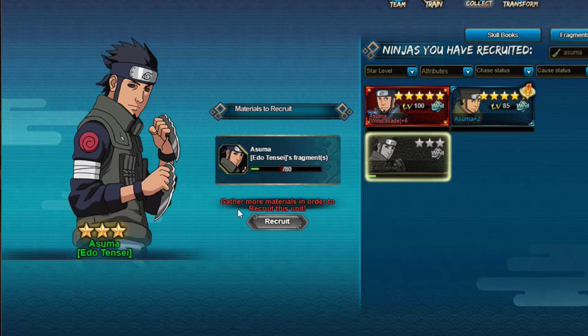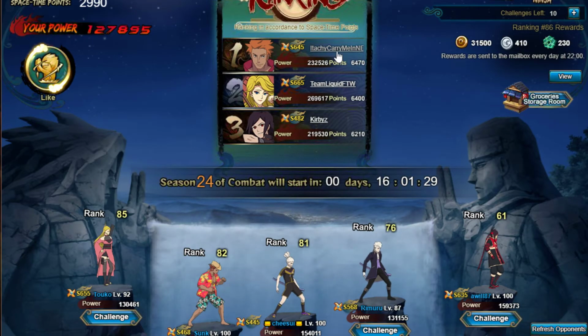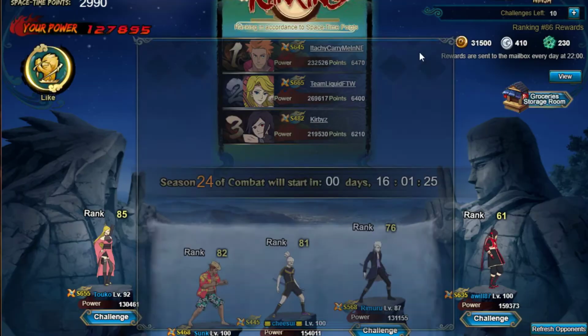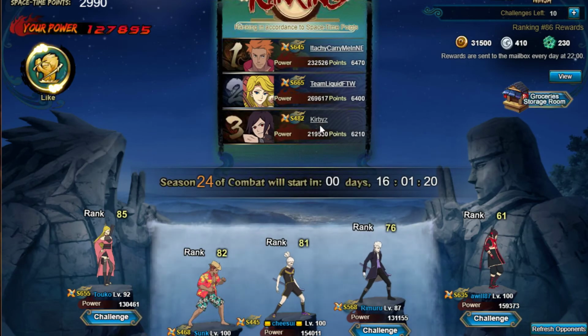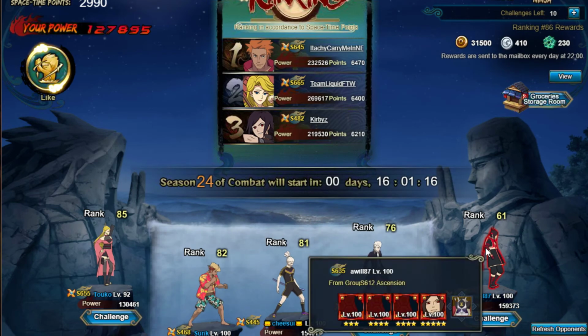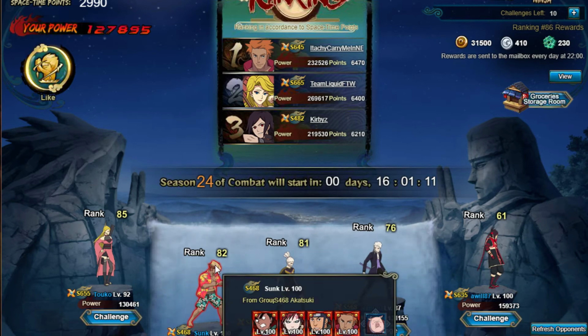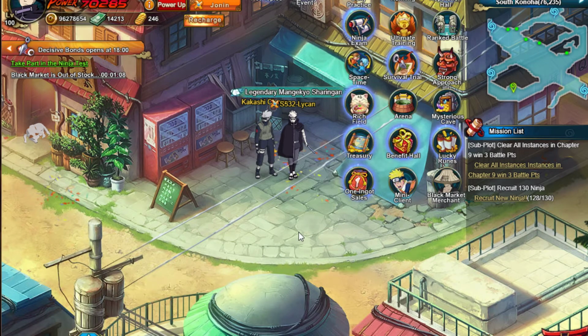This is a very strong ninja. You will see him in space-time with quite a few people. If he's not in any of these, I'll be surprised. But I think the best team in the game right now is using him. He's not in any of these. Pretty surprising, but anyways, none of those people we just looked at had the